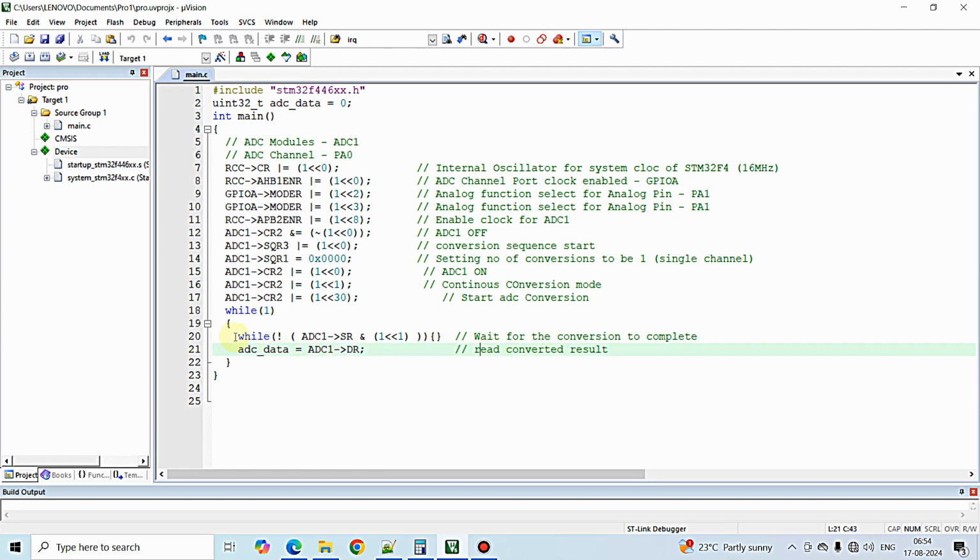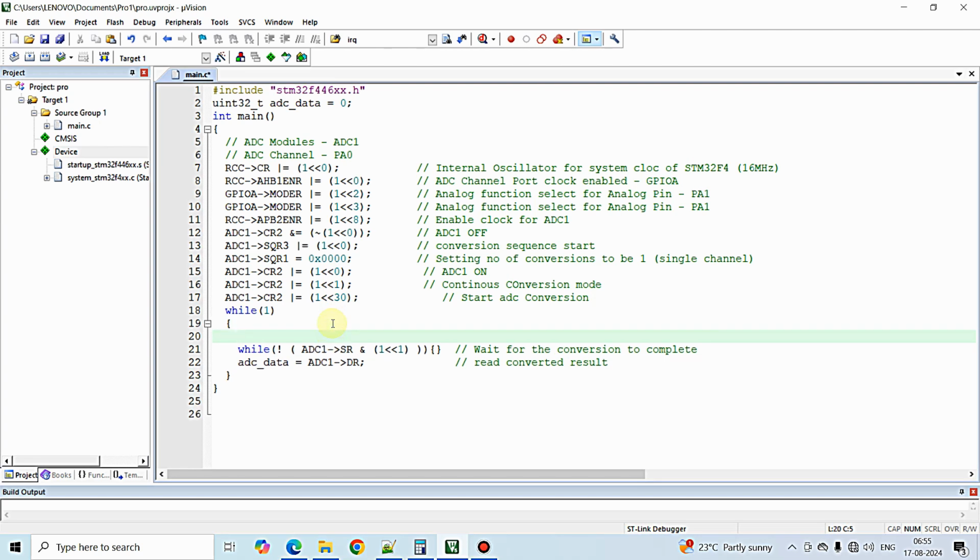And again the program flow comes inside the while of 1 since the status flag goes low, and only it will become high after the analog to digital conversion is complete. Again this process continues and it will never end because these two lines are written inside the while of 1. So this method of fetching the ADC values inside the while of 1 is called